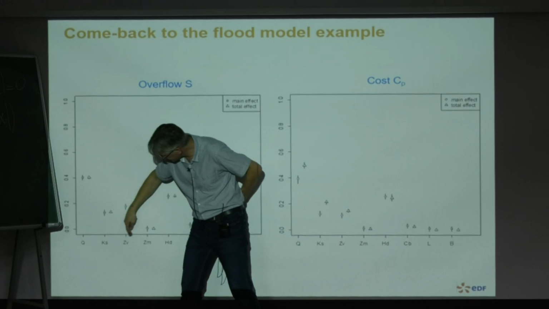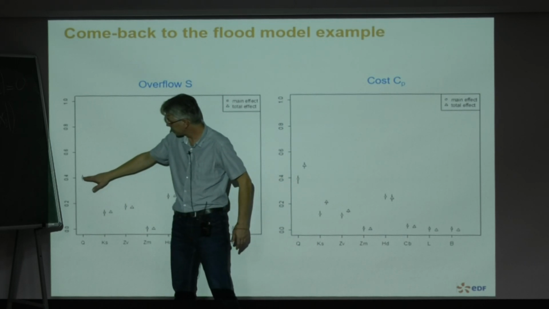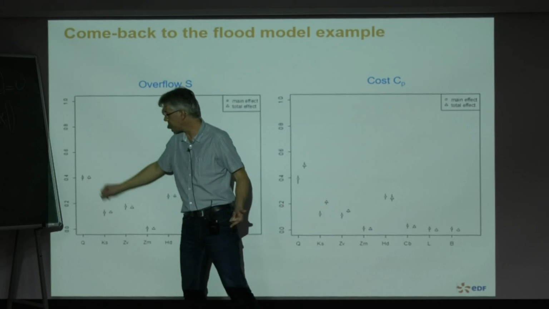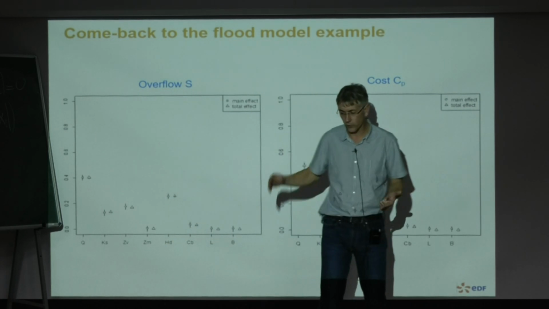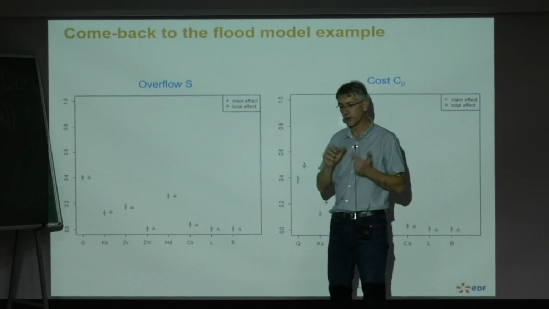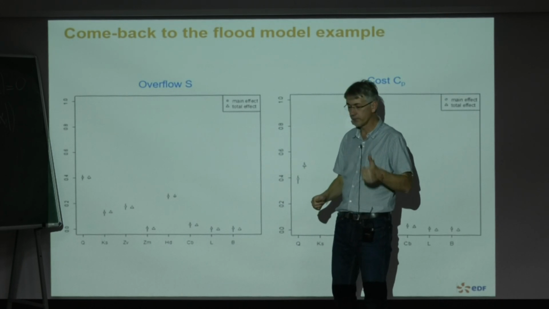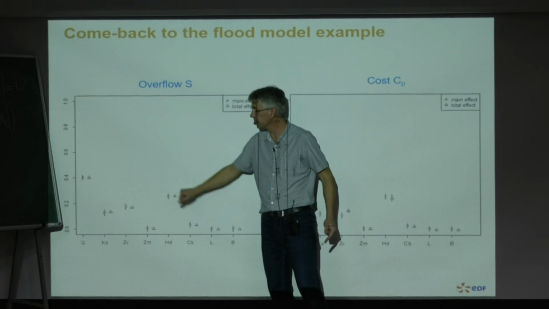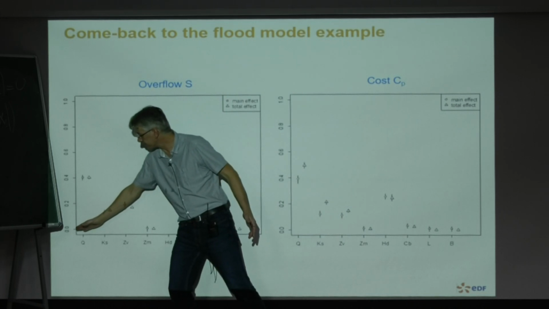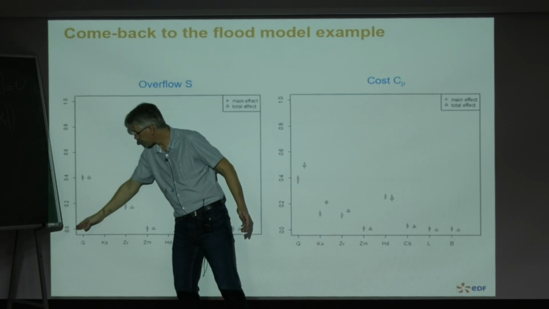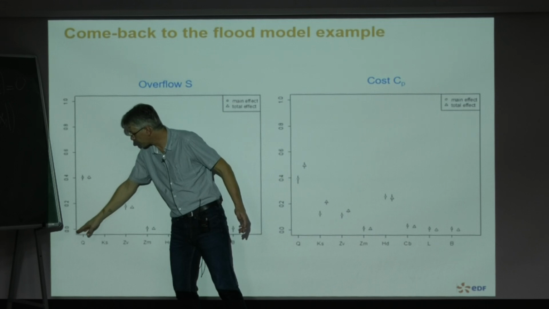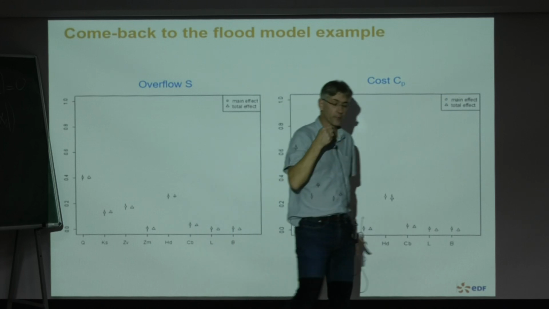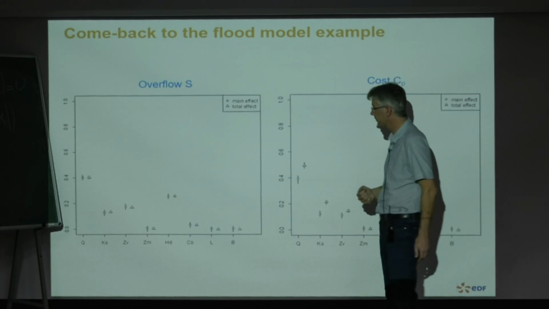But I want to show this. So each X is one different input. The circle is the first order Sobol index. The triangle is the total Sobol index. So of course, with this linear model, there is no interaction term, so the first order is equal to the total order for all the inputs. And so you see that the Sobol indices are comprised between 0 and 1.